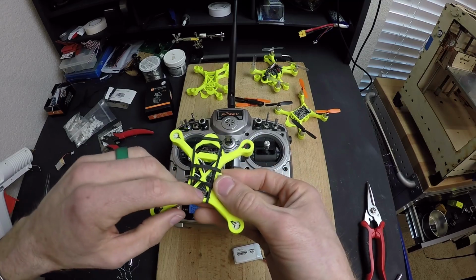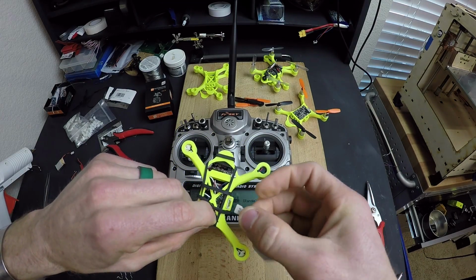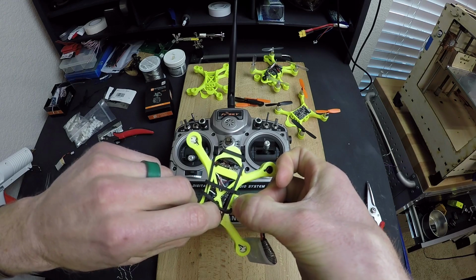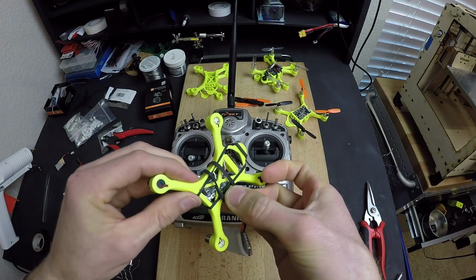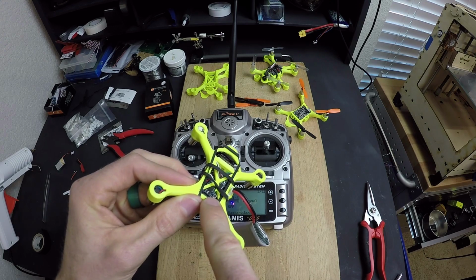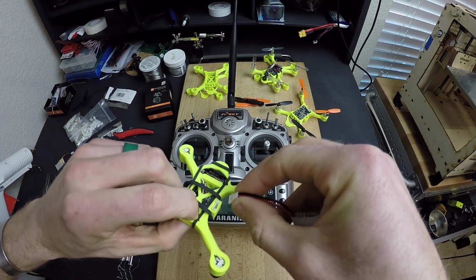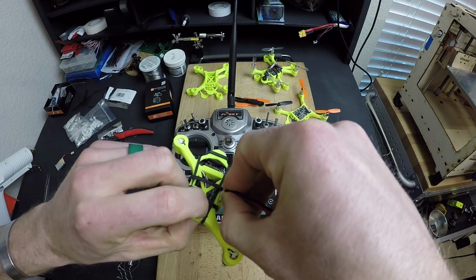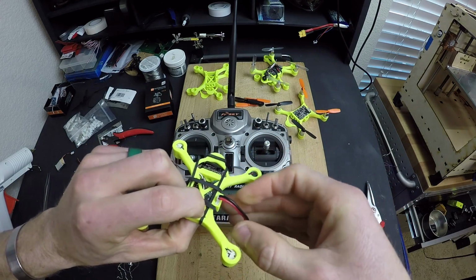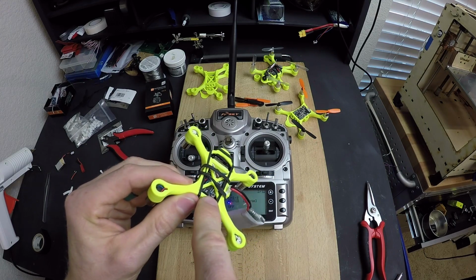simultaneously press and hold down this momentary switch and plug in a battery. Now, if you plug in the battery and you see this green light flashing, that means that it's not bound and you need to retry the process. So you'd unplug it, press down the momentary switch. While the switch is being pressed and held down, you plug it in. And then you should be able to let go, and the light should stay off at this point if it